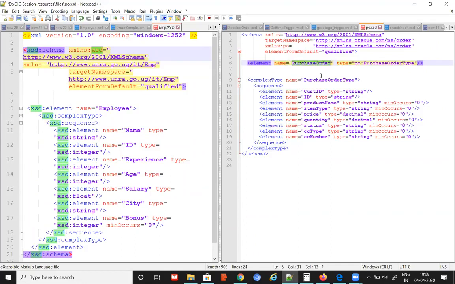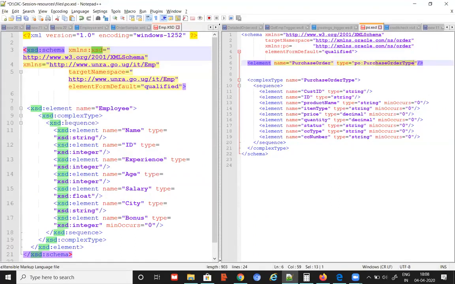What is the meaning of that? Whenever I say element name equal to something, that is going to be the root element of my XML, which the XML is going to use. Now what is the type of this one? I said type equal to po colon purchase order type.